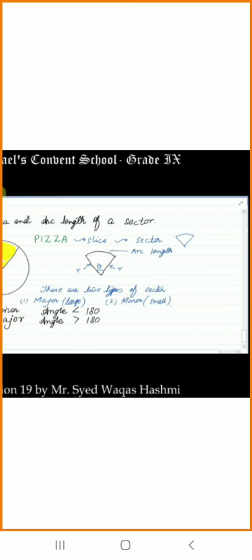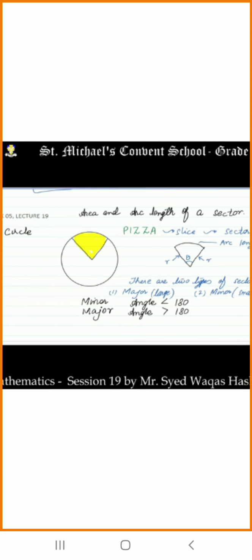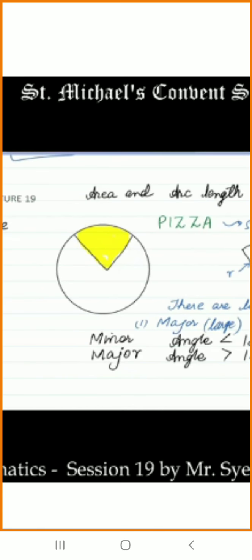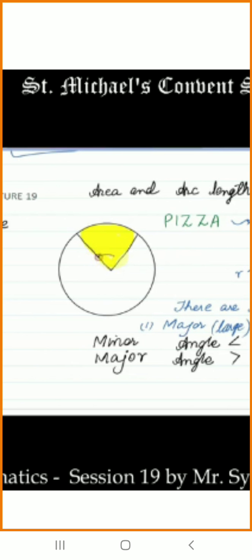Now in this given example, can you identify which sector is minor and which sector is major? So first, talk about the angle. This angle, what do you think? Is it greater than 180 or less than 180? Of course it's less than 180, so that means this yellow part is a minor sector, right? And this part, the leftover piece, is the major sector,